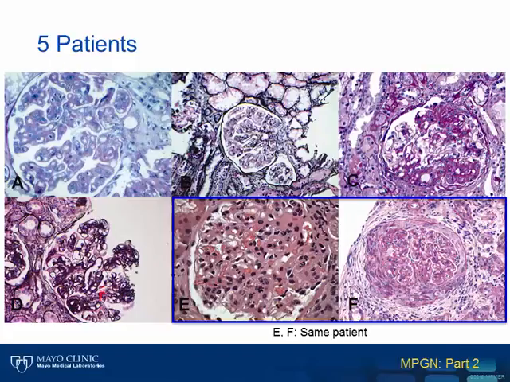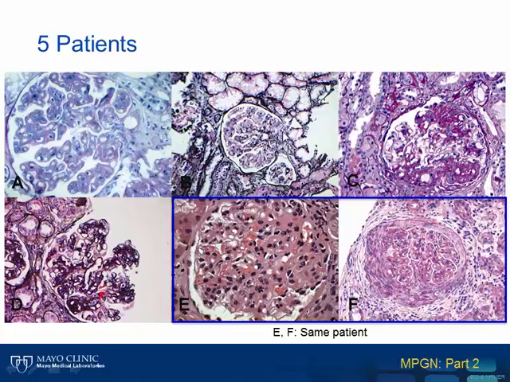So I want to show you a few more examples of C3 glomerulonephritis or C3 glomerulopathy. While the MPGN pattern of injury, that lobular accentuation, the double contours, the endocapillary proliferation, is the most common presentation on the biopsy, not every patient has that. This shows you the classic MPGN look. You can see the double contours. This one also shows you the MPGN-like picture. So the first two patients show you the